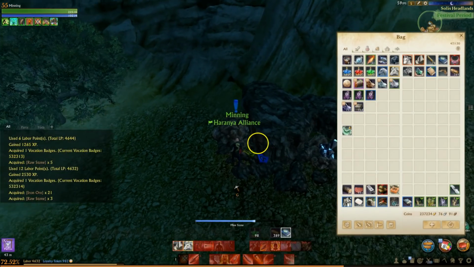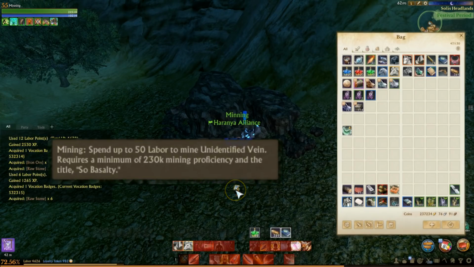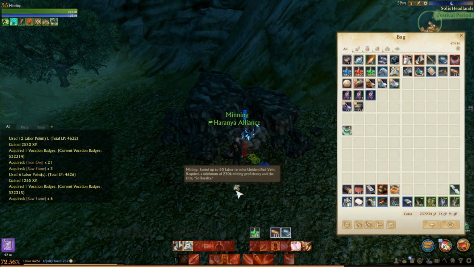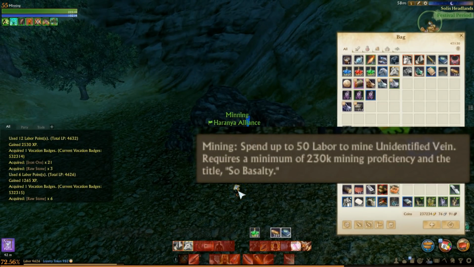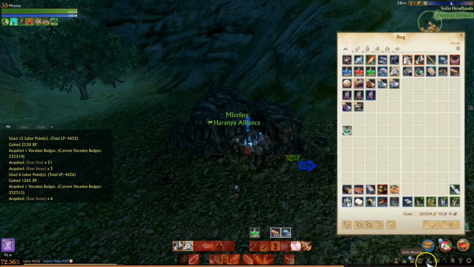There's actually another stage of mining which is called the unidentified ore nodes. Those proc work just like the fortune veins. After you mine, there is a chance that they'll trigger the unidentified vein off the fortune veins. Those nodes are 50 base labor to mine, and they do require you to be max level mining 230k with